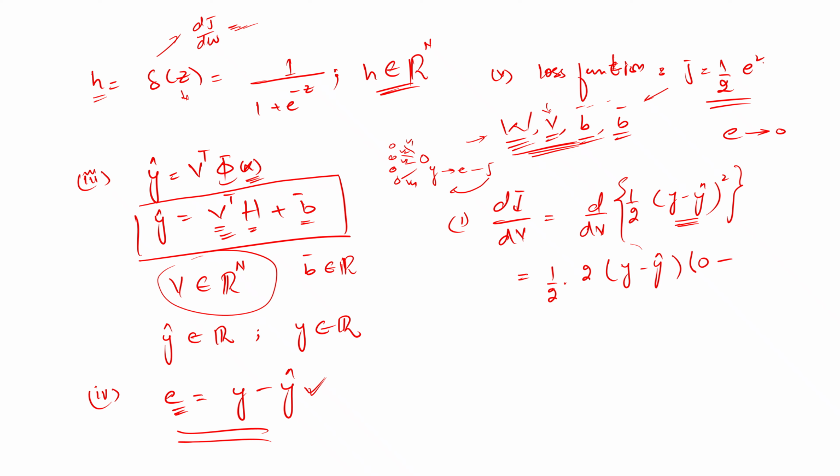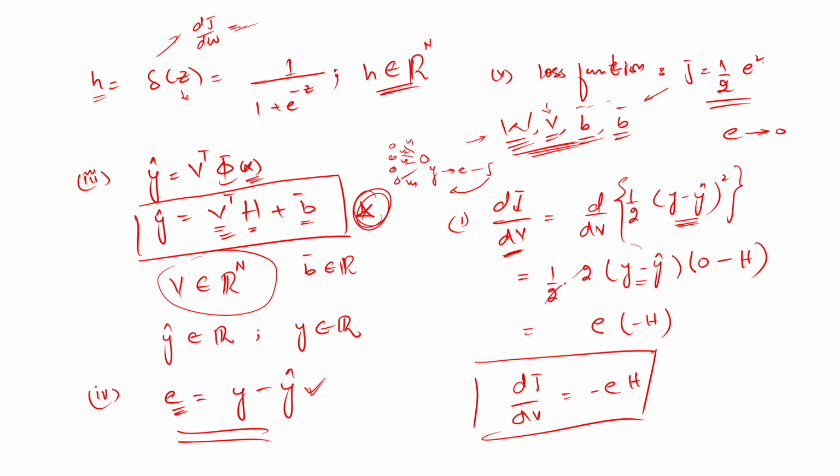The derivative of y hat with respect to v will not be 0, because y hat depends on this function, right? So we have this v transpose. What we will obtain here is that this v transpose will vanish due to the differential term, and we will be left only with h, right? So now y minus y hat is e, and this is minus h. So dJ by dv is equal to minus e h,